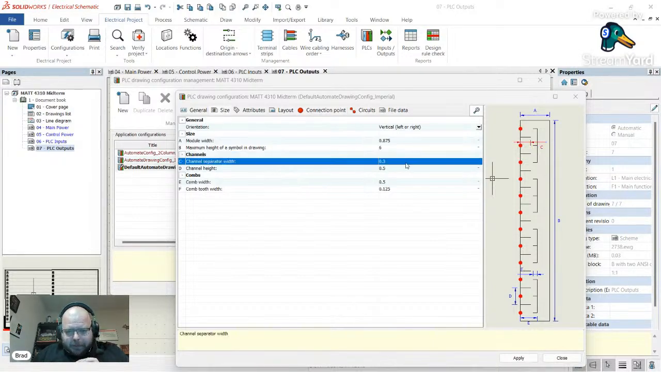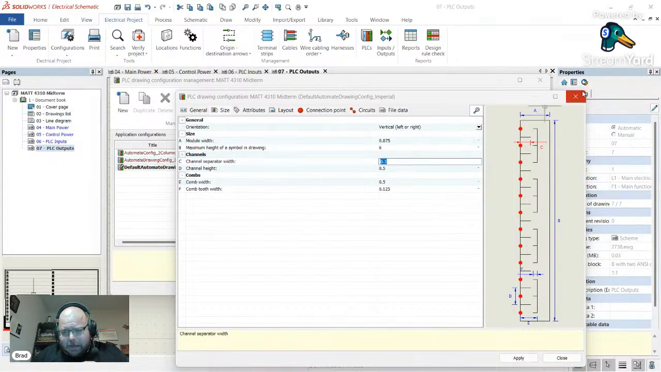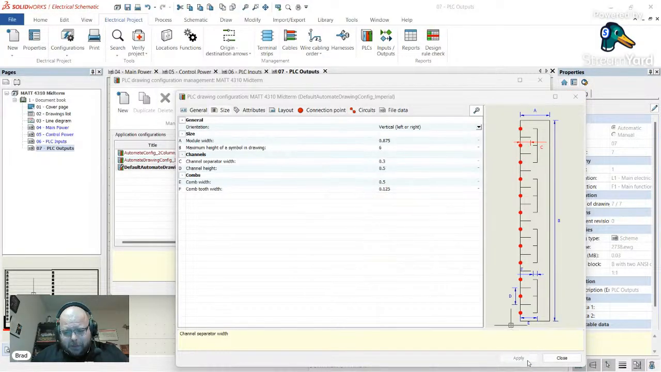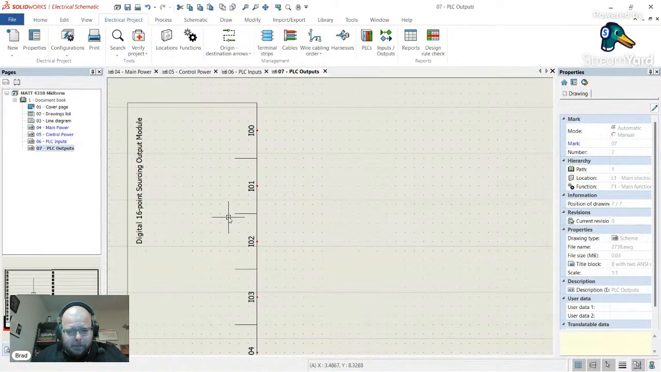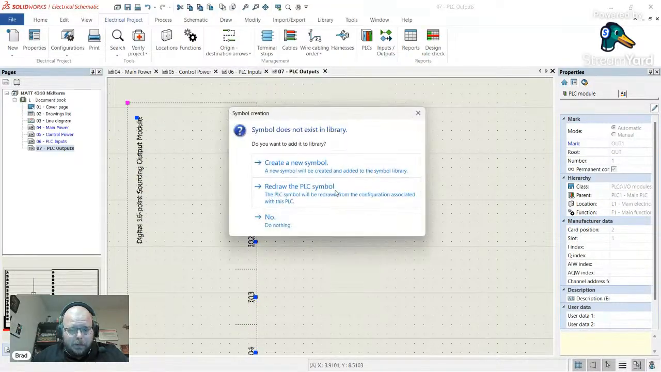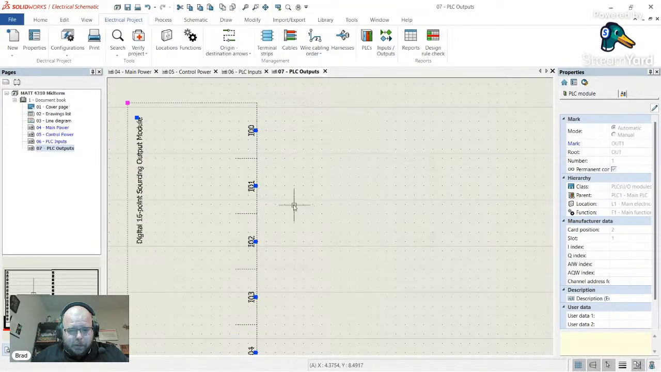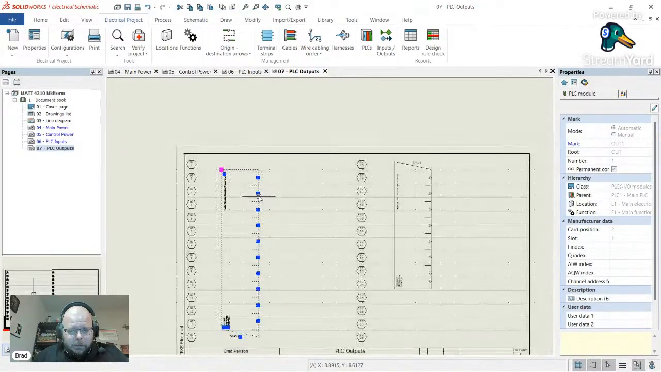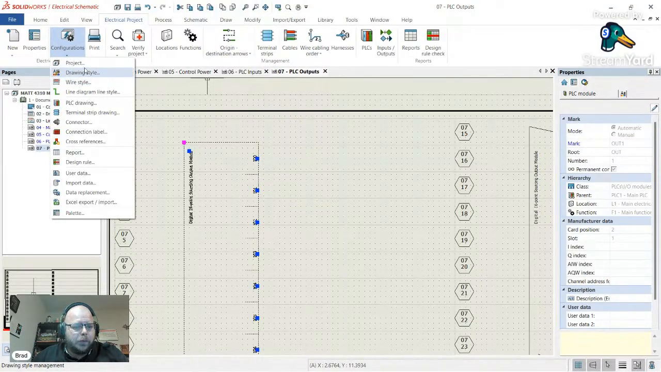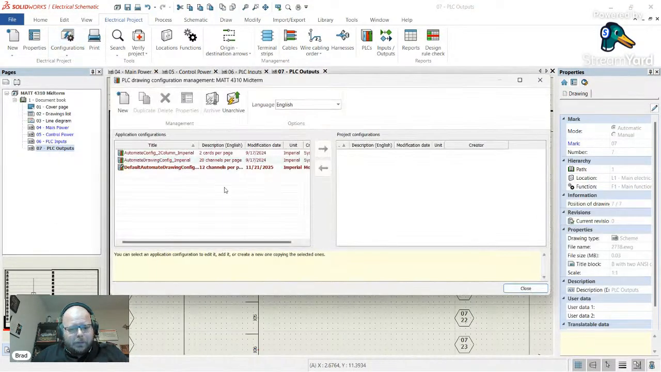As far as separator width, God, I don't know. Let's apply changes first. Close. So I changed the width. Let's update the symbol. Will it let me? I don't know. Update. Redraw. There we go. Oh crap. Because I selected 2 cards per page, except